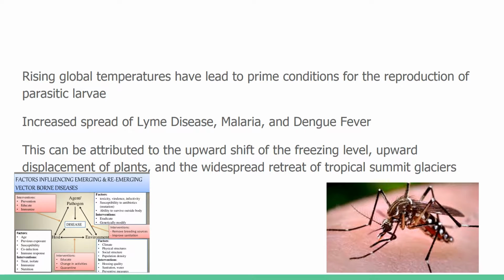So, vector-borne diseases. When the temperatures increase around the globe, it creates prime conditions for the reproduction of parasitic larvae. This leads to the spread of diseases and illnesses that are transmitted in the forms of mosquitoes, ticks, and fleas. These vectors can carry harmful pathogens and bacteria which can be spread from host to host, which makes them highly